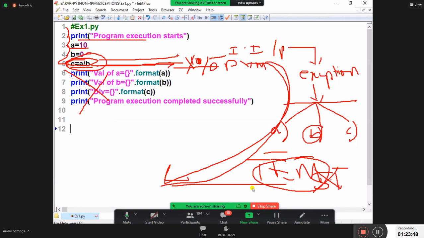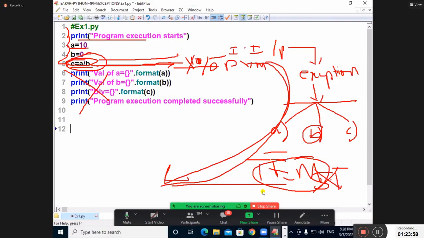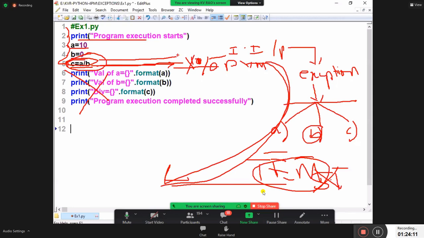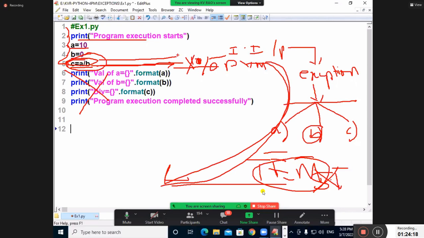Number 1, abnormal termination. Abnormal termination means what? Not the beginning to ending completion. That is nothing but abnormal termination. Simply listening to the class, all of a sudden some problem happens and you leave the class. That is called abnormal termination. Beginning to ending you attend, and I said class is over, you are leaving. That is successful completion. A student completed BTech first year to 4th year without any problem. That is called successful completion.